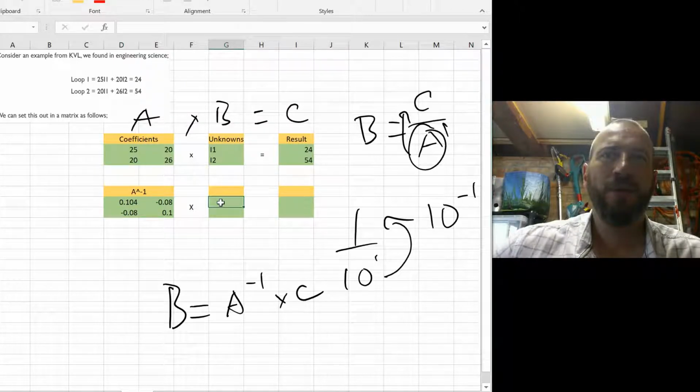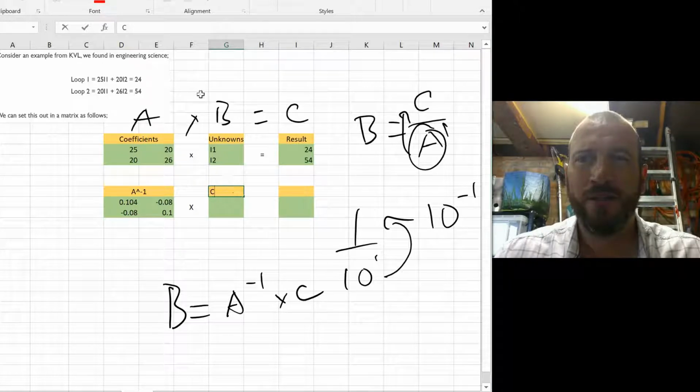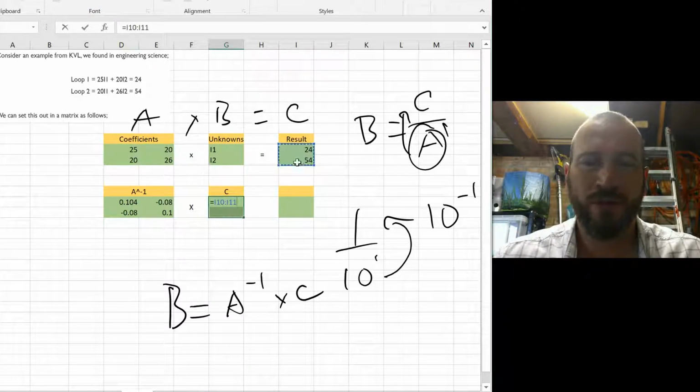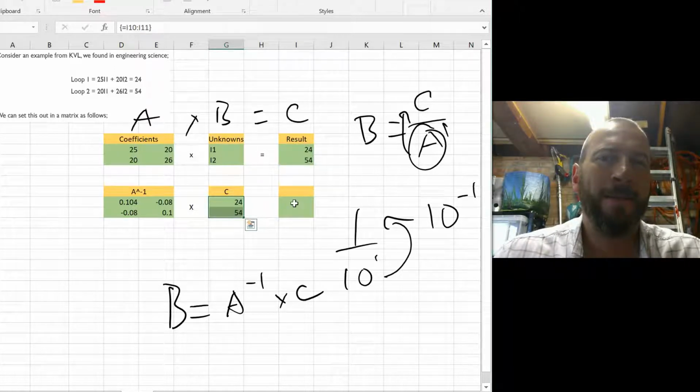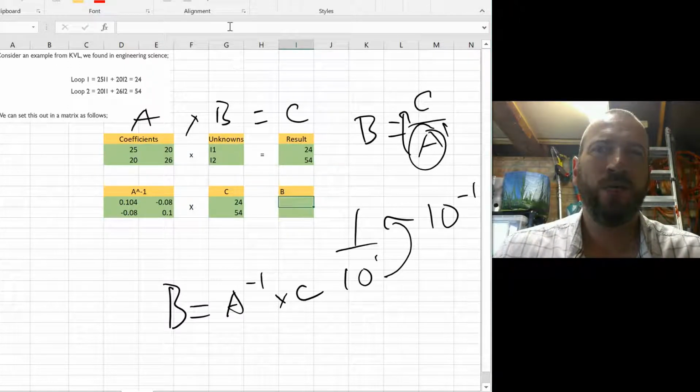In here, we now need to put our results, or C. Let's put that in the middle, because I like it there. So this is going to be equal to these two. Control Shift Enter. They're in there. Now I1 and I2, or matrix B, is going to be the result we're going to get over here. Let's put that in the middle. So our matrix B,